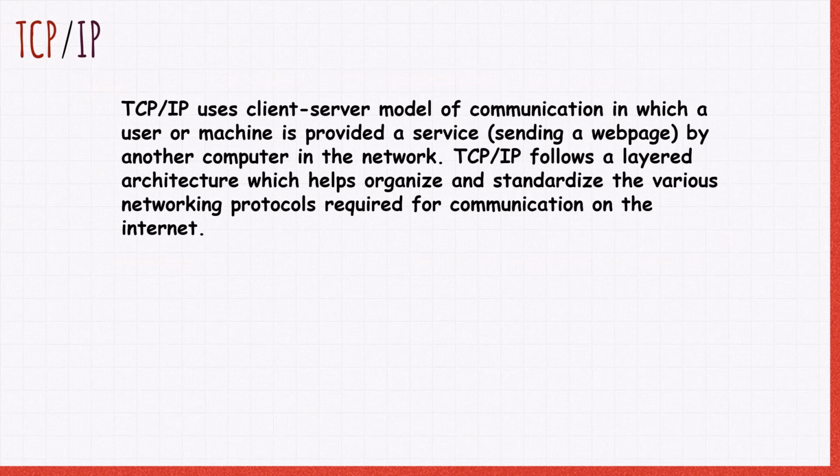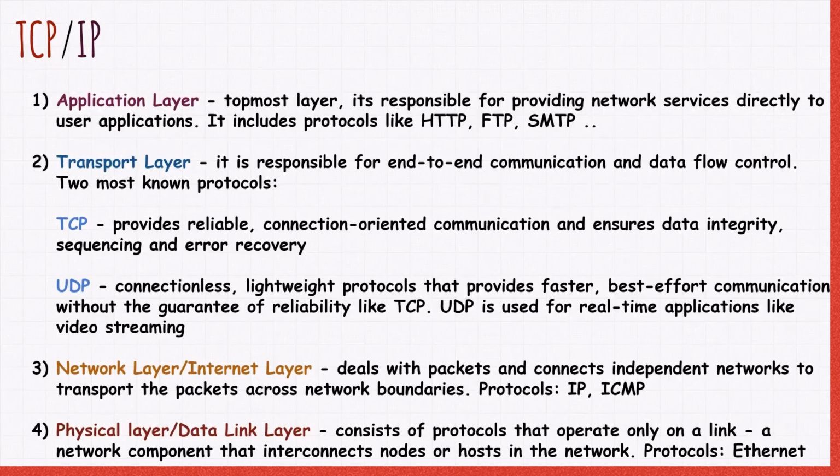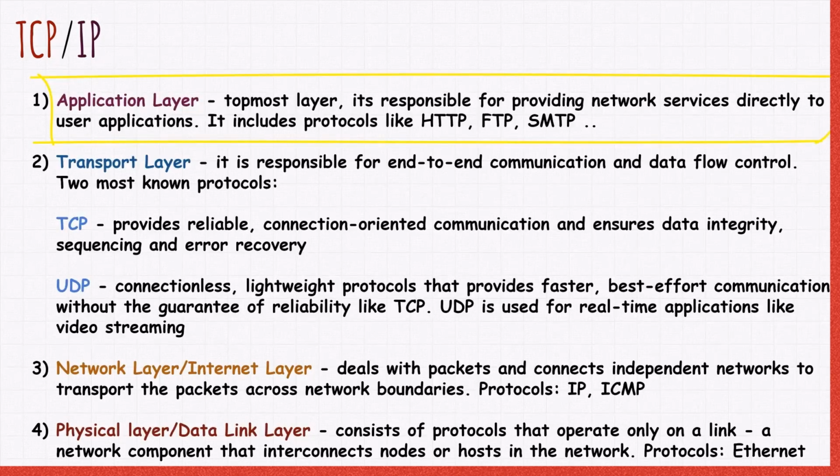That layered architecture actually consists of 4 primary layers, which are the application layer, which is the topmost layer. It is responsible for providing network services directly to user applications. It also includes protocols and services like HTTP, FTP, SMTP, POP3, and DNS, which enable applications to interact with the